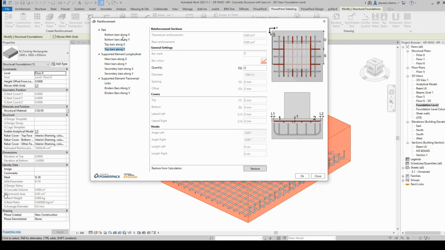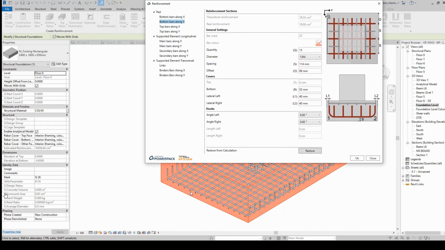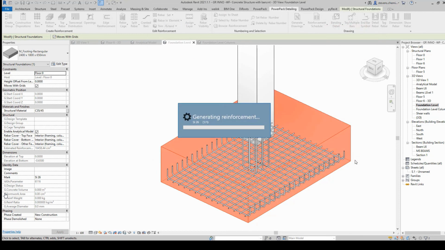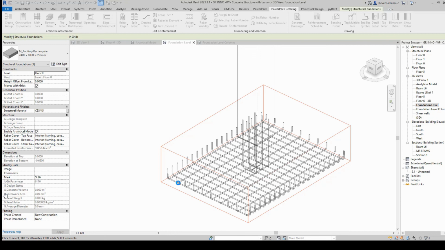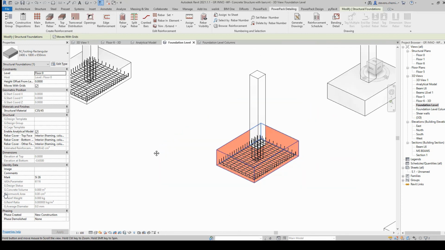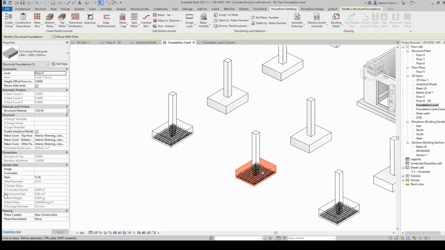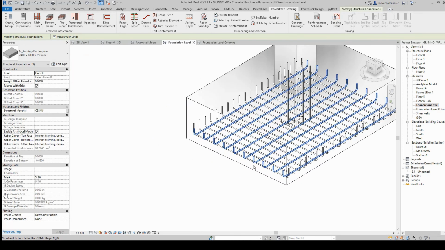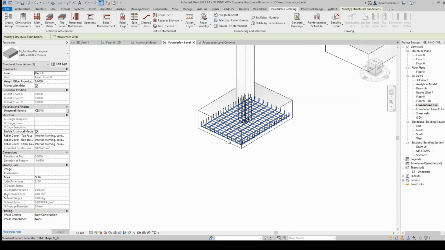So in this dialog box, as you can see, you can place the number of stirrups and reinforcement you want in each direction, longitudinal, transversal, and so on. You manage the value of the diameter, the hook angle, for example, here the hook length. You can manage variable spacing as well, so it's a parametric approach to generate a rebar cage, and not as Revit is doing. So here, if we change the quantity of a rebar set distribution, all rebar cages of all footings belonging to the same design group are modified as well.